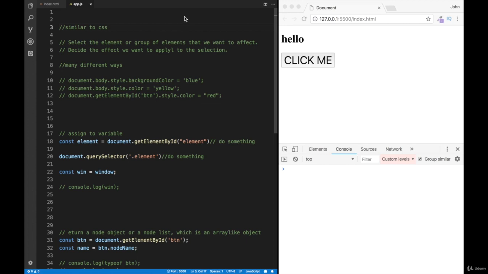Now, the first thing I want you to know is that it can get complicated, especially in the beginning, working with the DOM, because there are quite a few selectors, quite a few events, event listeners, and properties that we can change. So I want you to remember two things. That one,